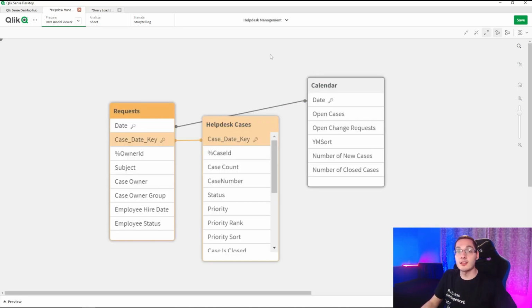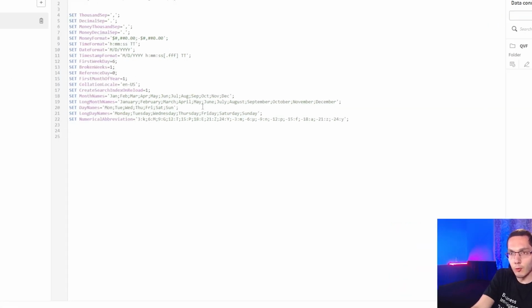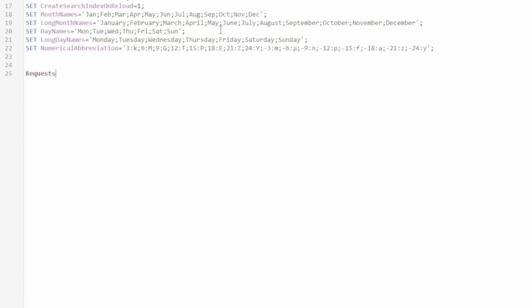So let's say that I only want some fields on this requests table right here. So let's get date, case date key, and the subject, for example, and the rest I could drop. An easy way that we can do that is getting the table that's already loaded on the script. So first, let's create a new requests table. New requests.